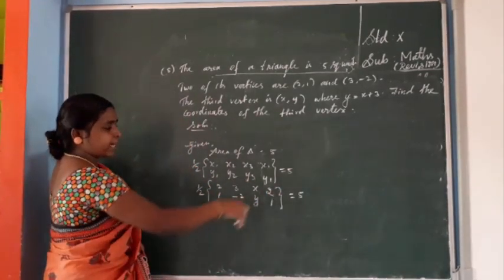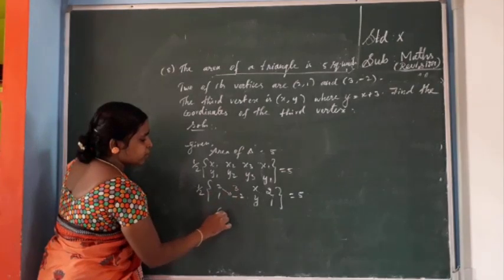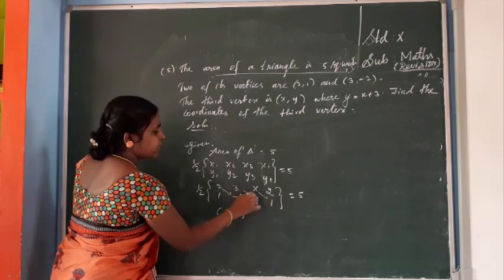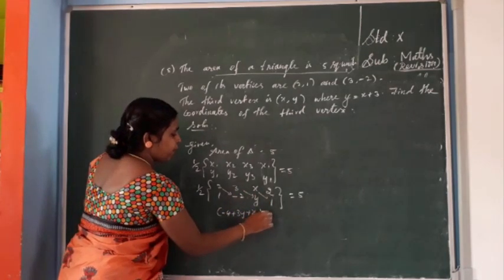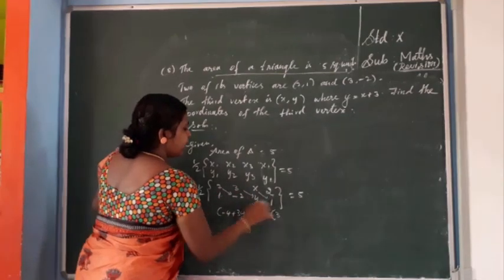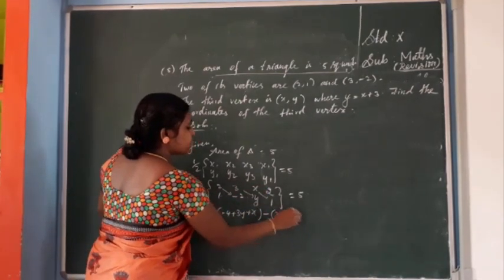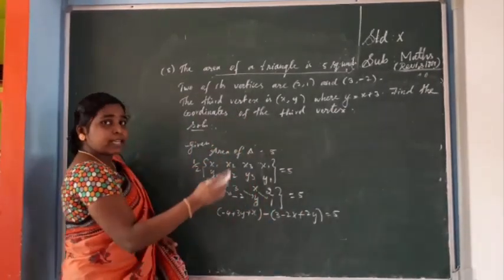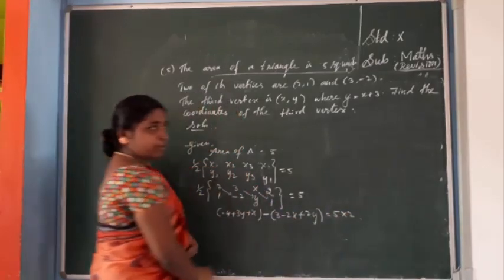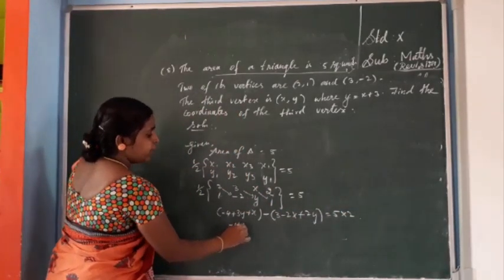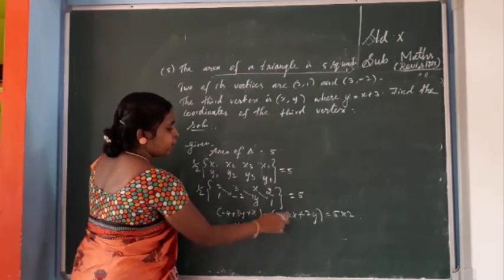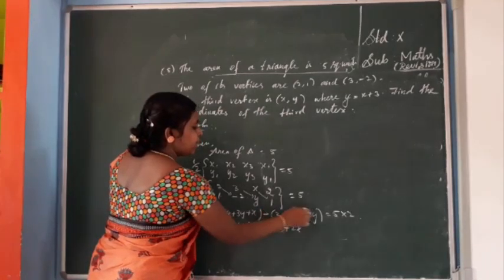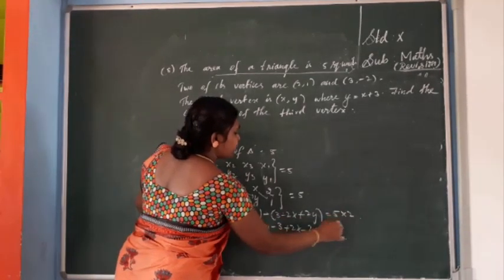Next, take the 2 to the right hand side. Here you multiply: 2 into -2 is -4. Next 3 into y is plus 3y. x into 1 is plus x. Next you put minus: 1 into 3 is 3, next -2 into x is -2x, y into 2 is plus 2y, equal to 5. So 1 by 2 on the right hand side becomes into 2, that is 10. Next -4 plus 3y plus x. Here you remove the bracket: minus 3, minus into minus plus 2x, minus 2y, equal to 5 twos are 10.